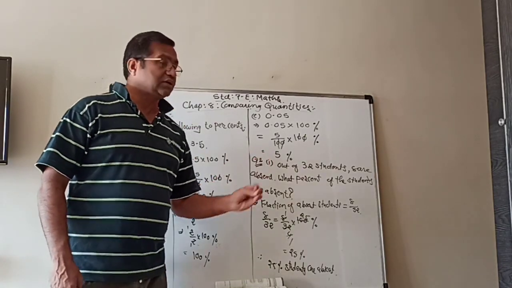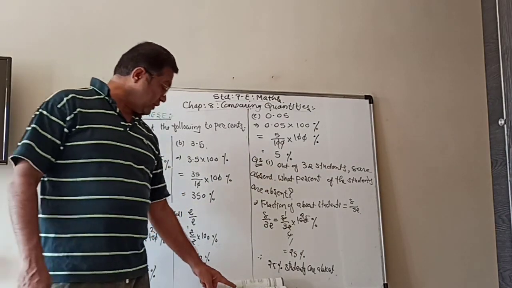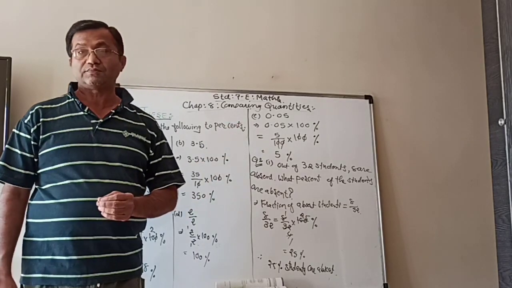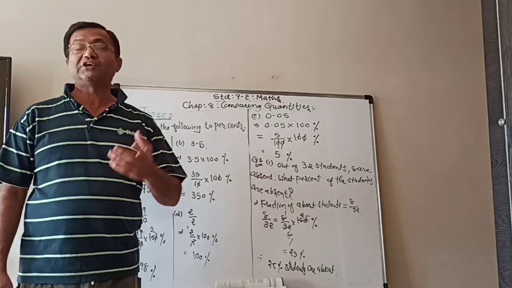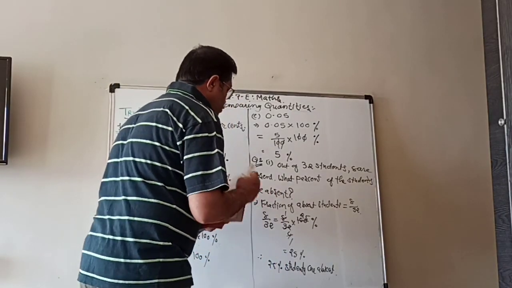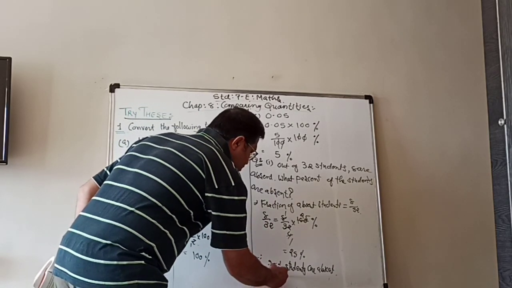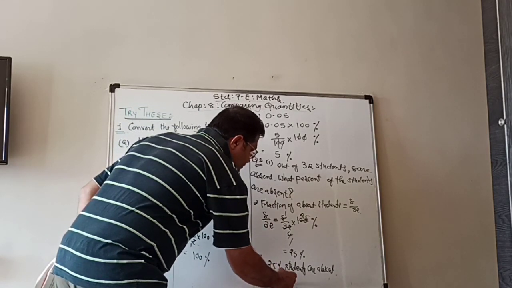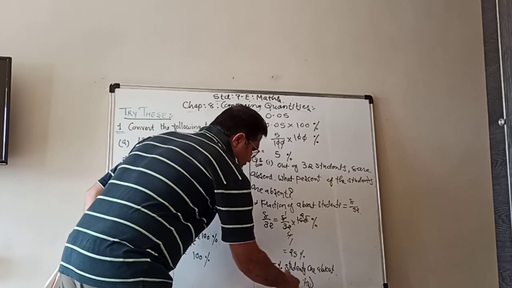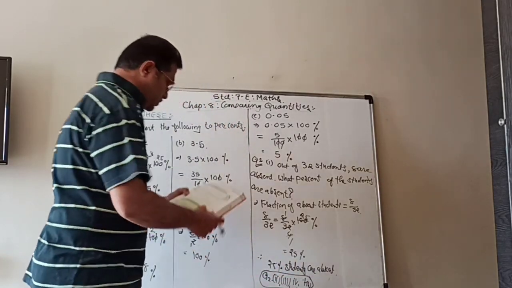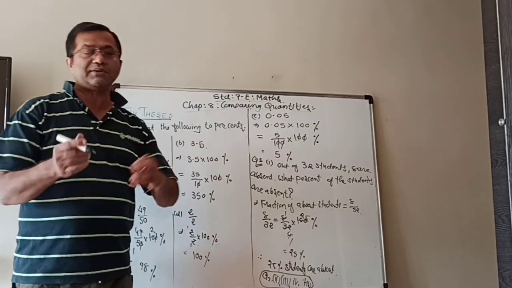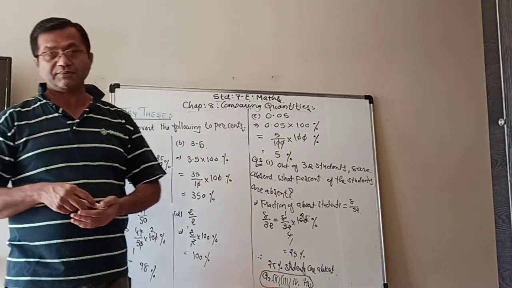So like that you can convert it. Now in the try this, in question number 2, there are another 3 questions also. I explained one to you, so the other 3 you can do yourself. Here in question number 2, the second, third and fourth are the questions for the homework. You can do it yourself. It is very, very simple. Maybe you have to think a little, but you can think yourself now.